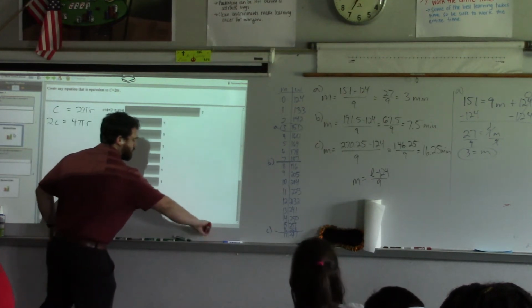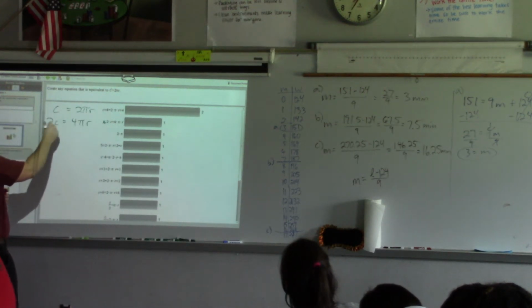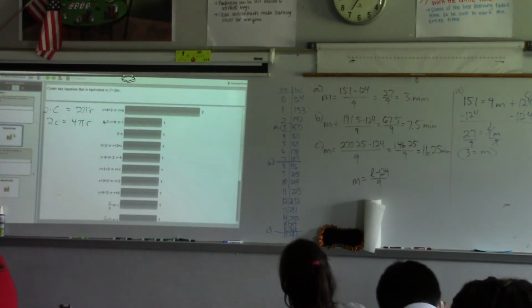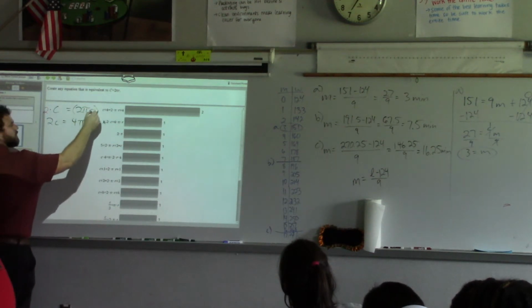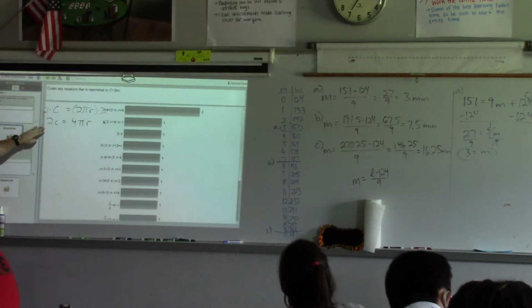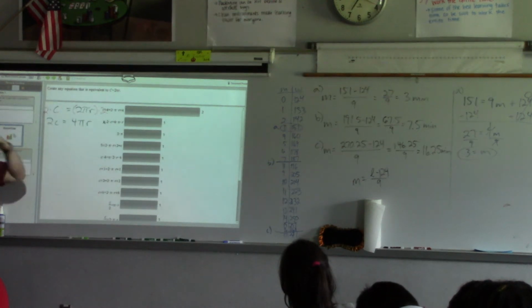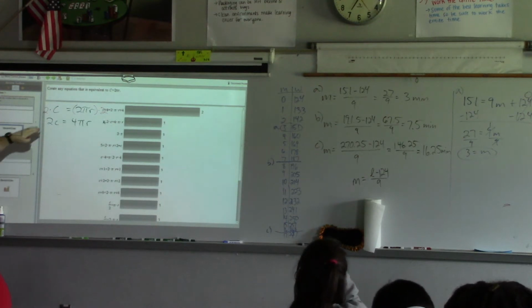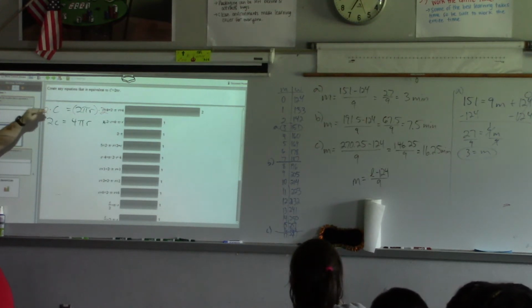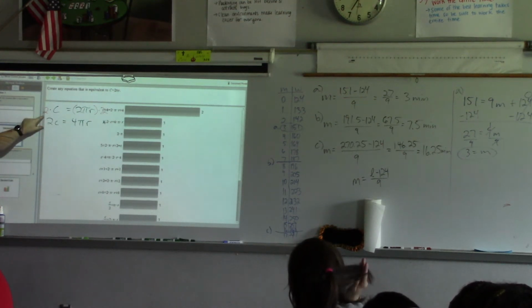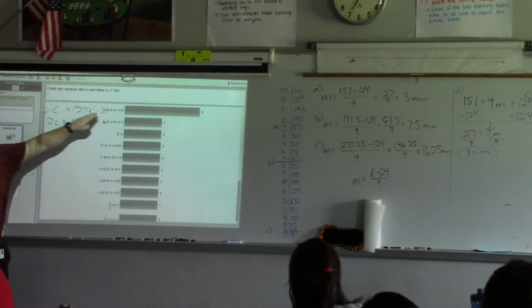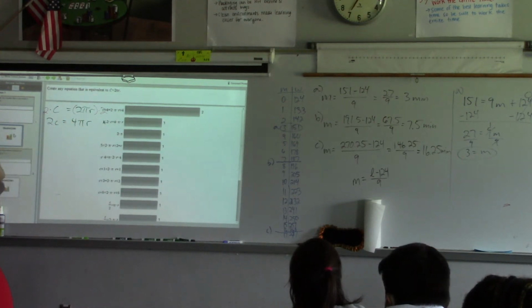Multiply both sides by 2. So if I get 2C here, that means I multiplied by 2, correct? And then 2 times the other 2 makes it right. That would give me 4 pi r? Yeah. So is that equivalent? Yeah. So Ireland, it's not about the 2 and the 4 being the same. Is what was done to both sides of the equation the same? Multiplied by 2 is what gave me 2C, right? Multiplying by 2, what is 2 times 2? 4, right? So are those two equations equivalent? Yes, very much so.